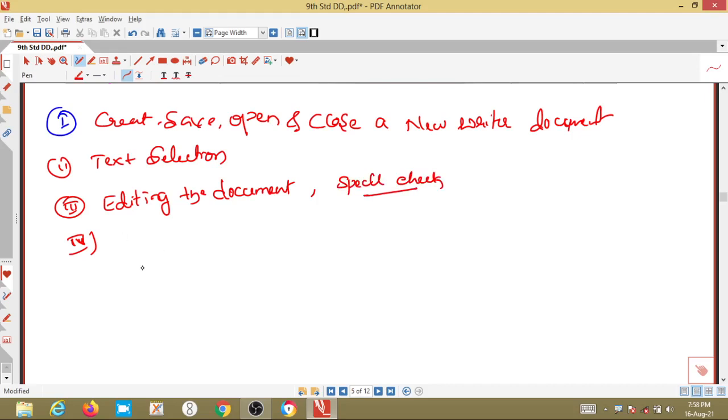Then we will see formatting the text, formatting a document. These are the important things we are going to learn in today's class.